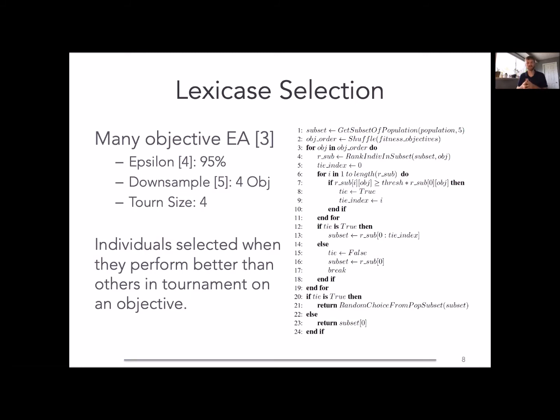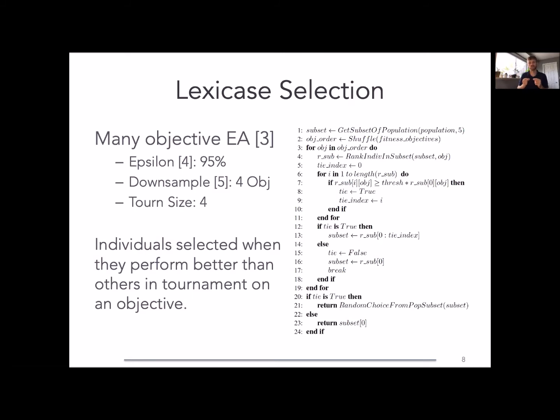This works really effectively in these real value domains like distance traveled in a robot, because sometimes, you know, if you go 4 units or you go 3.95 units, that's really not a big difference. So you use your epsilon, you have a tie, you move on to the next objective. We have 7 total objectives in our evolutionary process here.